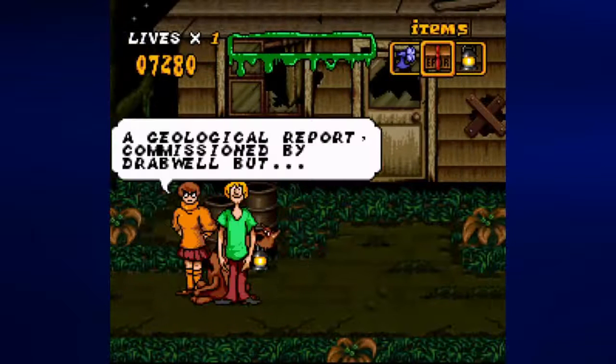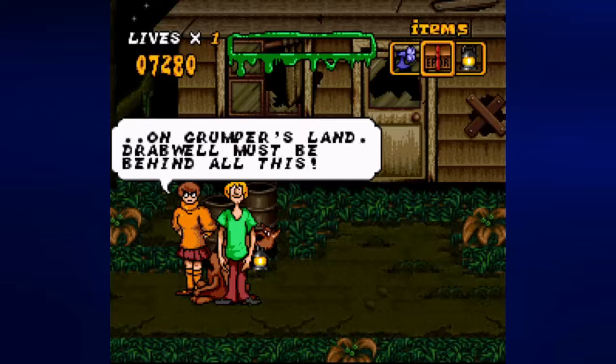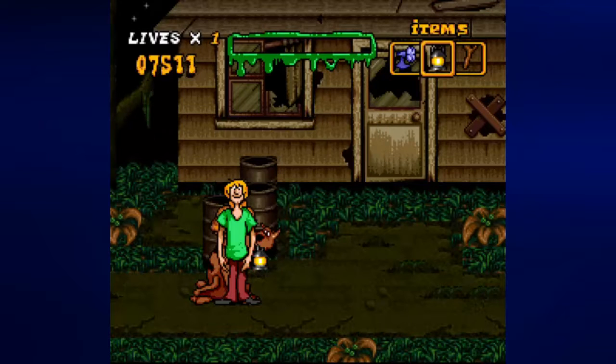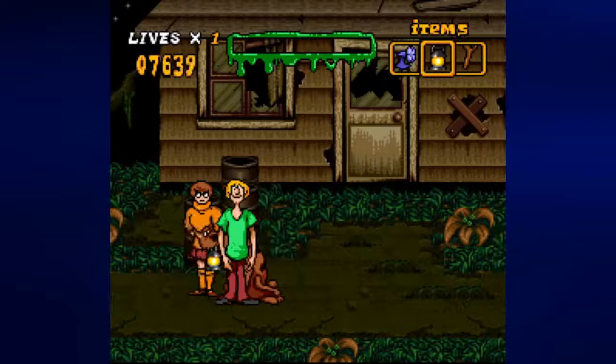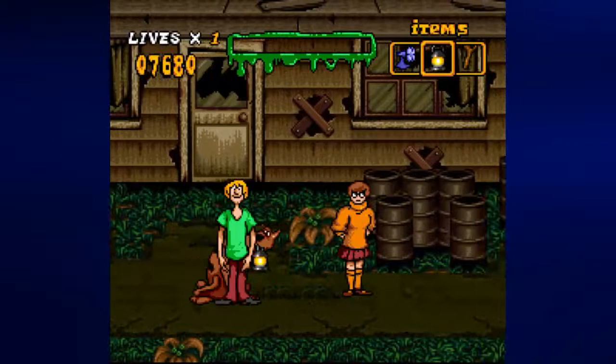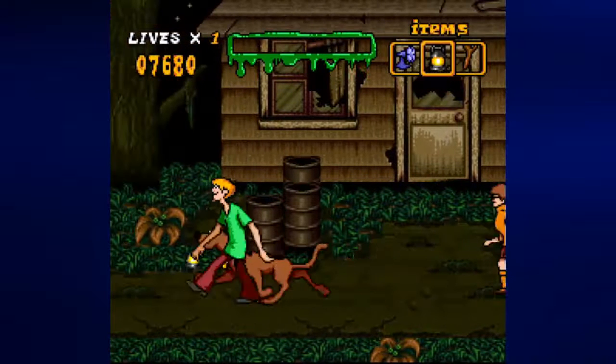Oh well, anyway. Let's head back to Velma and give her the geological report. Commissioned by Drabwell, but on Grumper's land. So we know that Drabwell is behind all this stuff. Is he the tar monster? Is he the zombie? What's going on? Well,